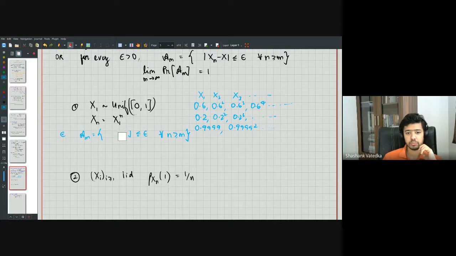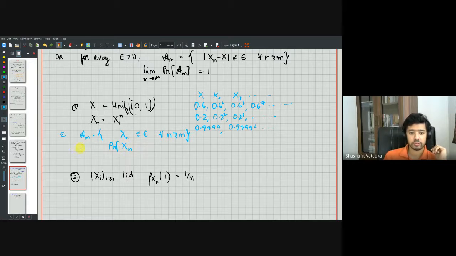So basically what we're saying is that xn is less than or equal to epsilon for all n greater than or equal to m. Since xn is essentially a monotonically decreasing sequence, you want to know what is the probability that